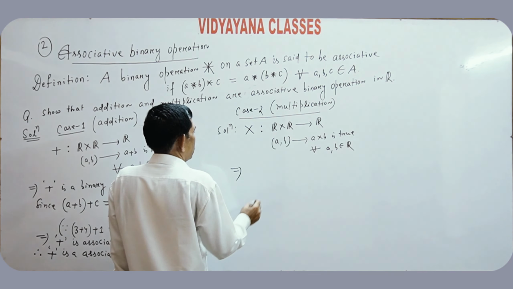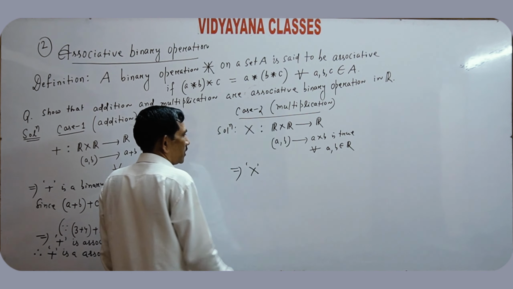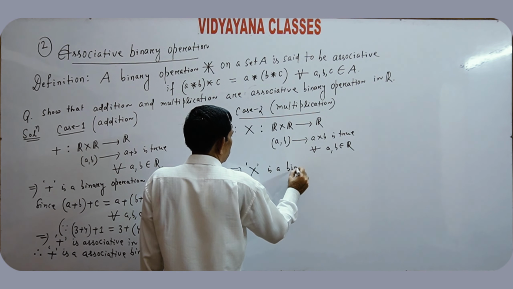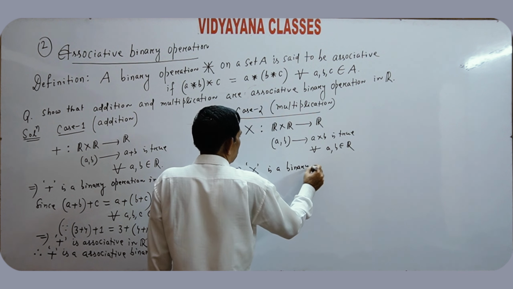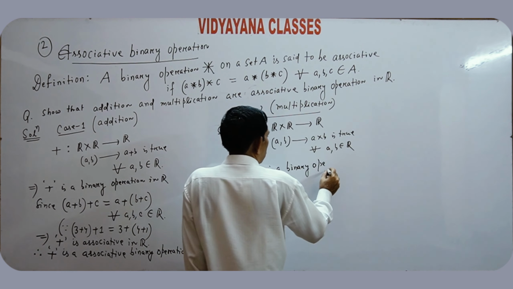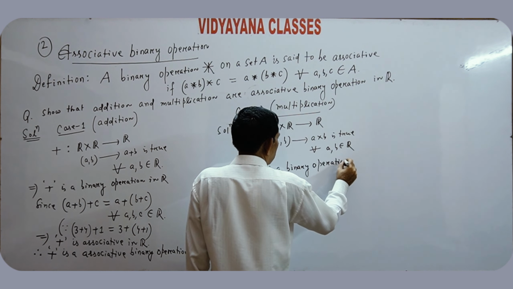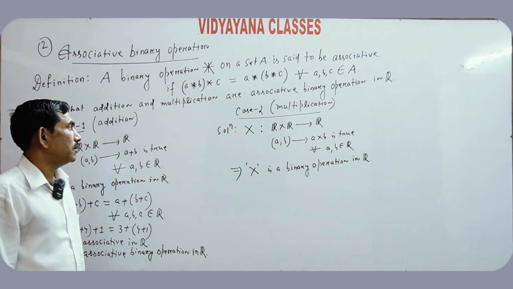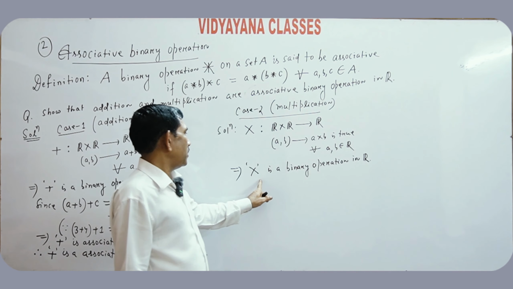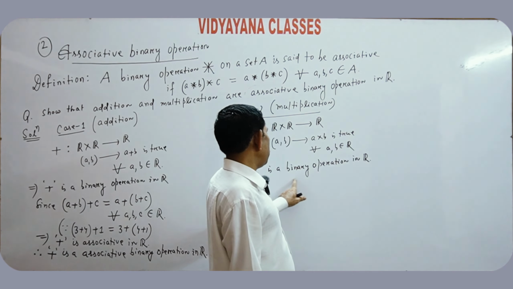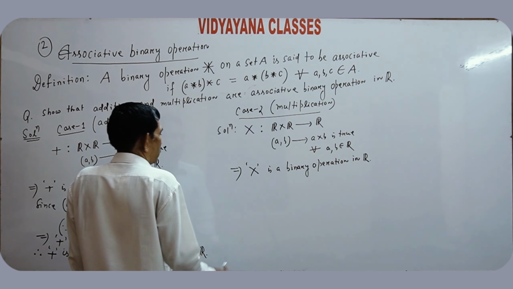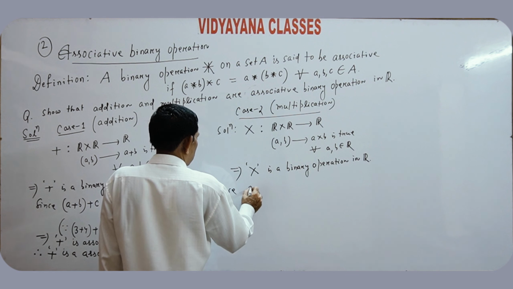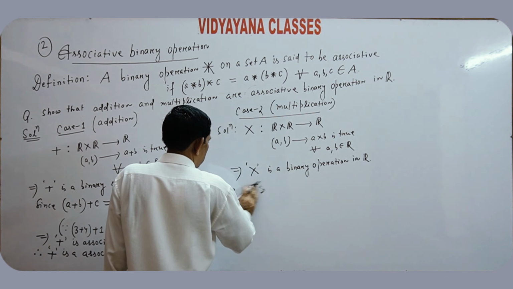This implies multiplication, that is the into sign, is a binary operation in the set of real numbers. The into sign, that is multiplication, is a binary operation in R. Since